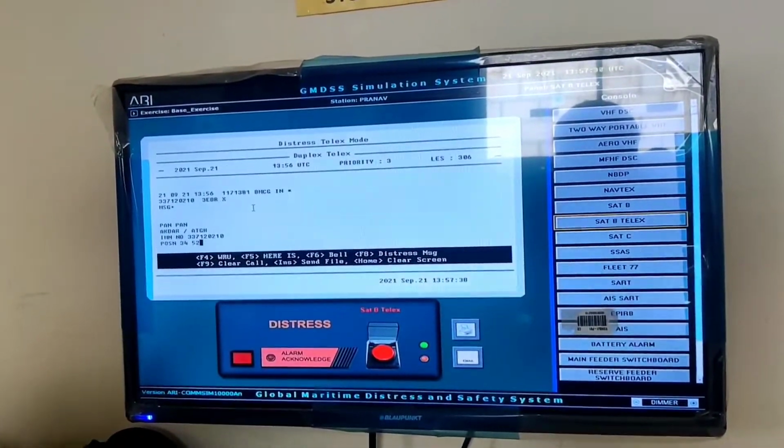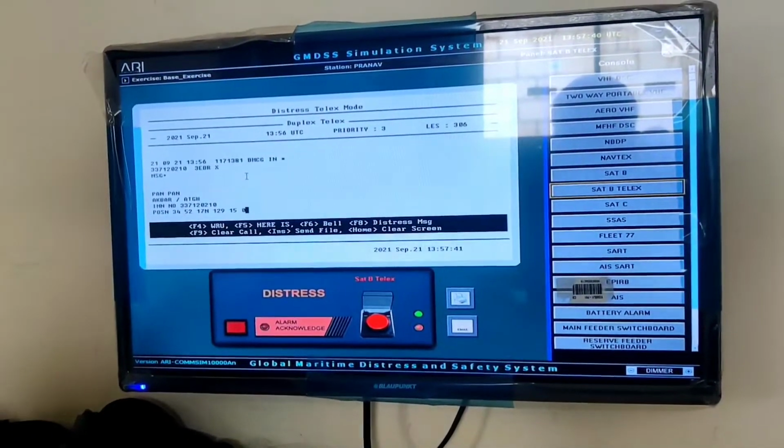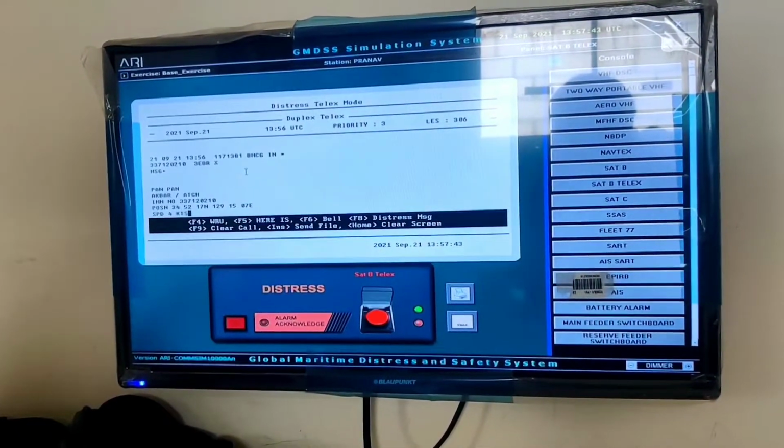Once the message is finished, press F9 to clear the call. This is distress in SAT B telex.